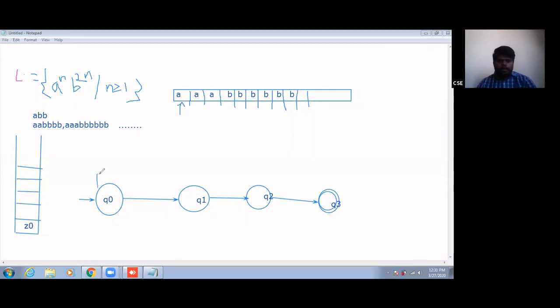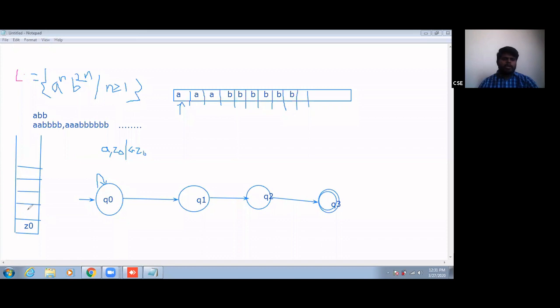So like this, A comma Z0 goes to A Z0 initially.